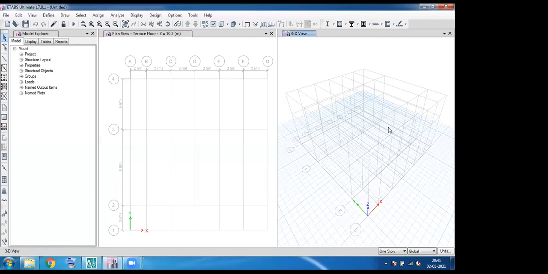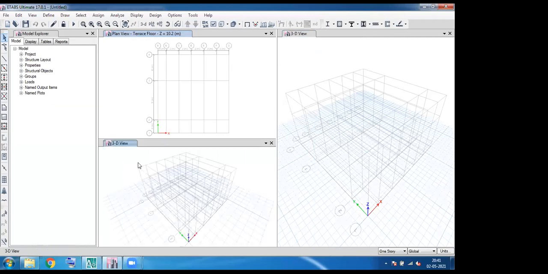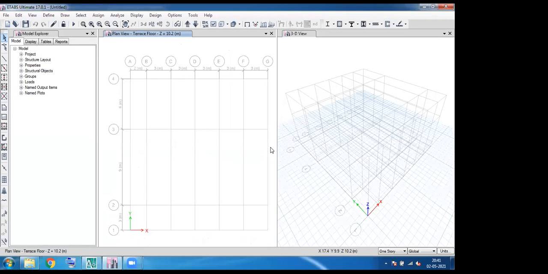Also we can create multiple windows by choosing this option. At the top, there is a down arrow right here, add new window. So see, it is a plan, again 3D, here also 3D. By using this option, we can create multiple windows for our project.